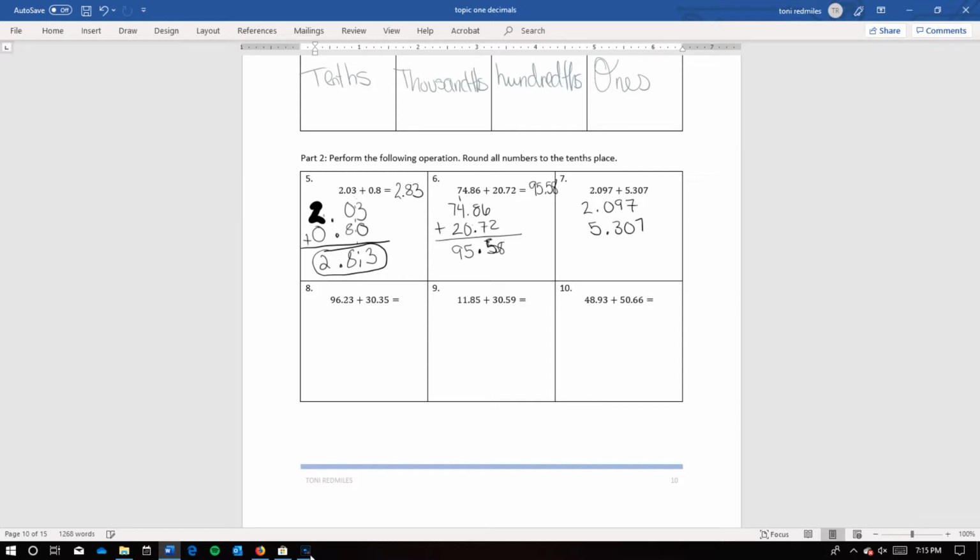This one also, all of my numbers line up. I don't have to add any zeros to this one. Not very interesting, eh? I want some more complex ones like number 5, but I think that's the next worksheet. All right, so I know my decimal is going to be right here. So I'm going to go ahead and put my decimal right there, and I'm going to go ahead and add